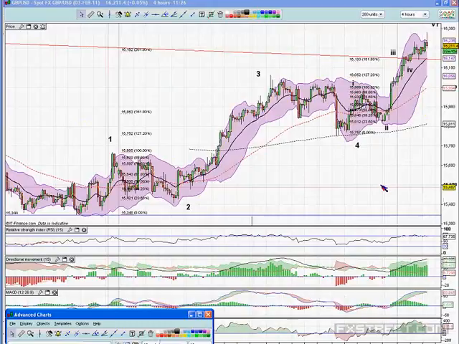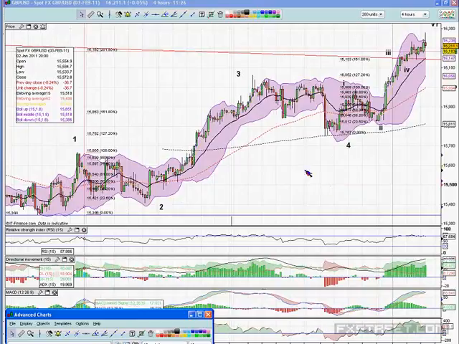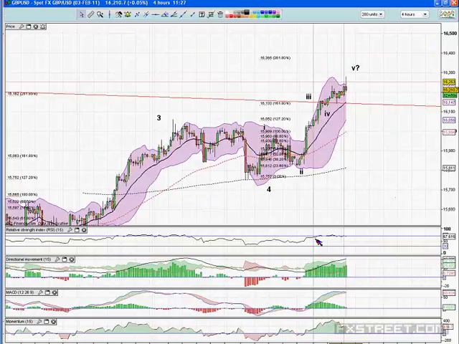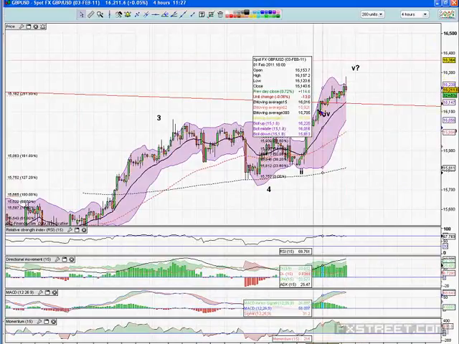4-hour chart. 1, 2, 3, 4. Then I'm looking into subways. I've got 261.8 off here, 161.8. Broke a weekly trend line. Okay, subways. 1, 2. This was 3, 4. Here, anywhere from here to 136,